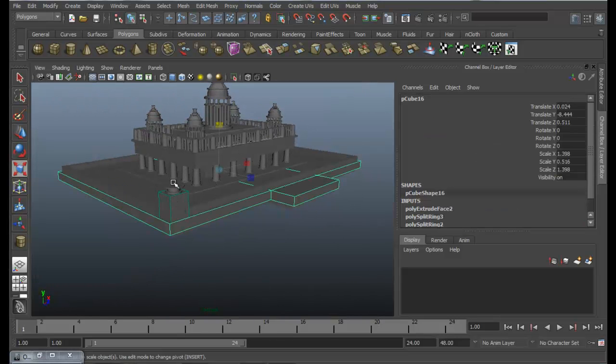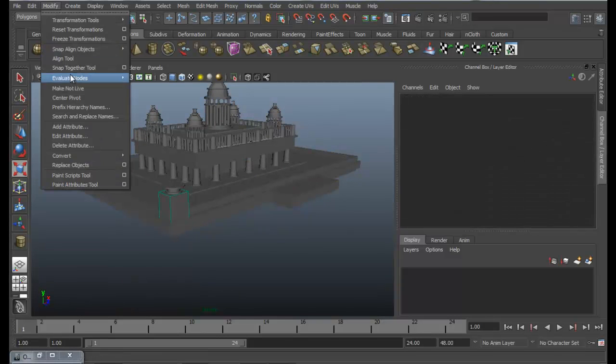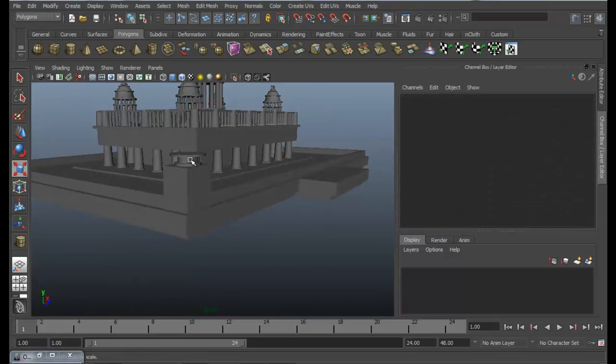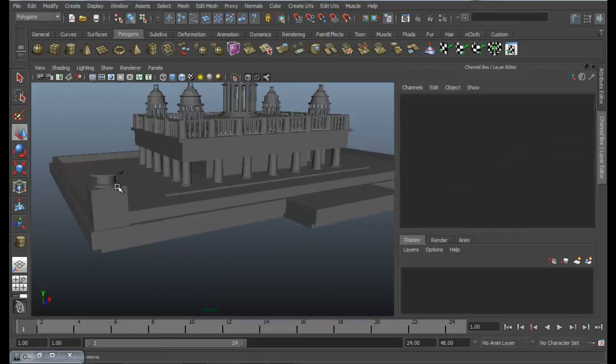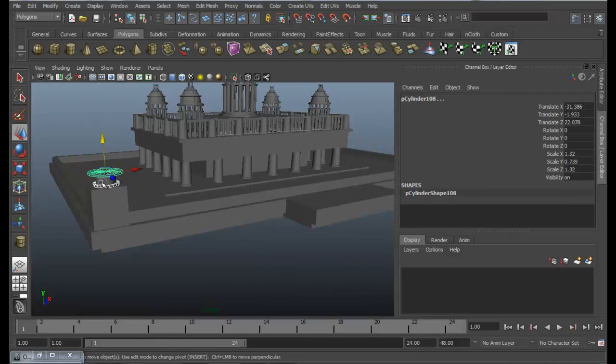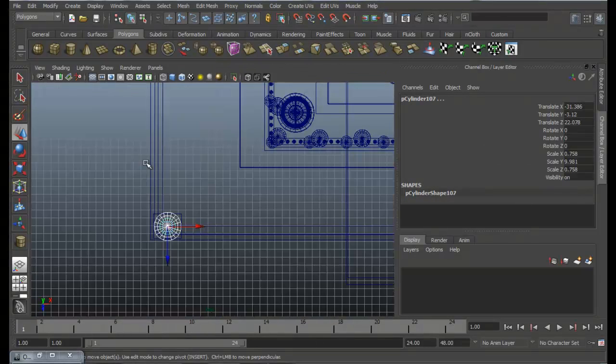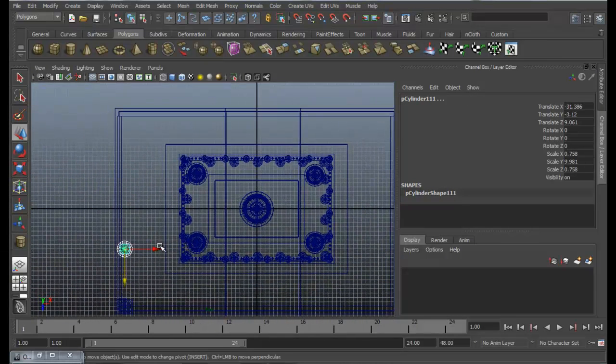Okay, that's good. And without selecting anything, go to modify, make not live. I think I need to scale it a bit more. Okay, that's alright. Now select all these three objects, go to top view and duplicate it and put it into four corners.